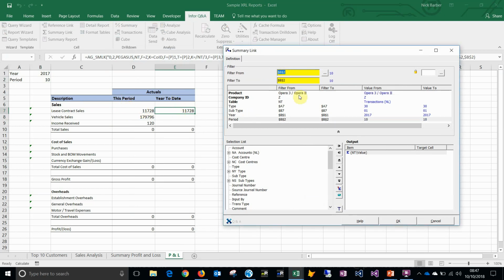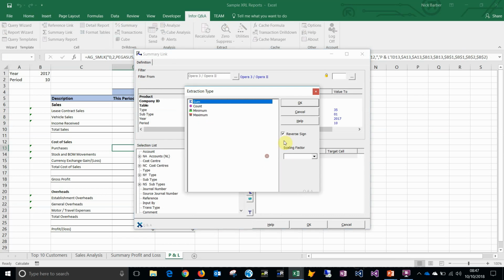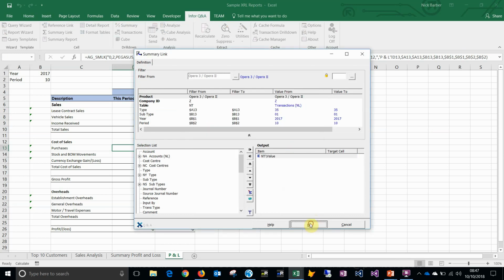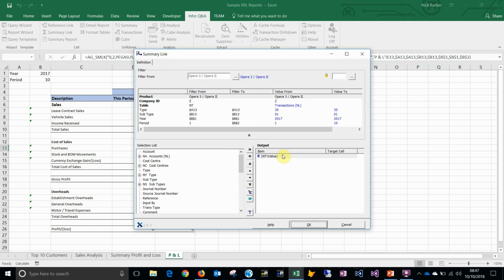So in my period, I just change that from 1 to 10. I can then copy the formulae down again, just change the reverse and repeat to change the reverse here,